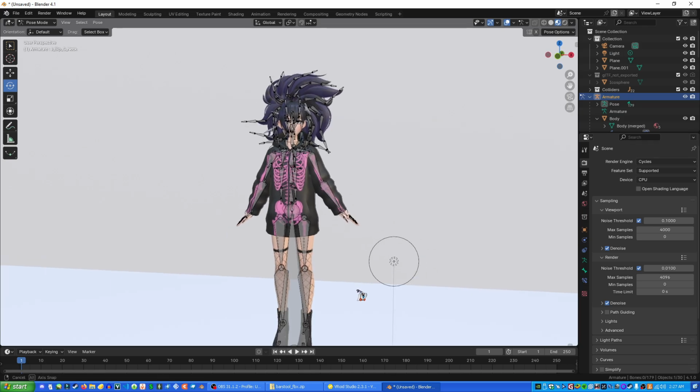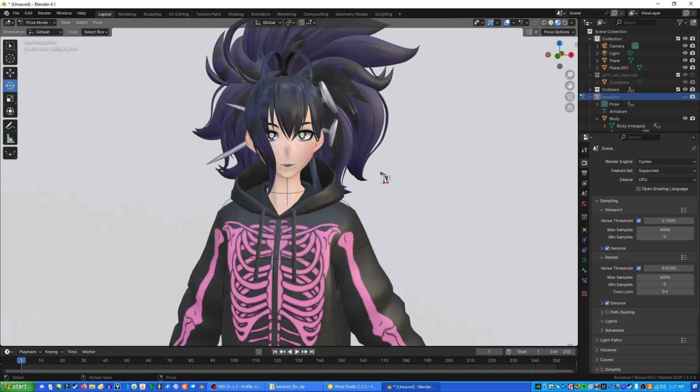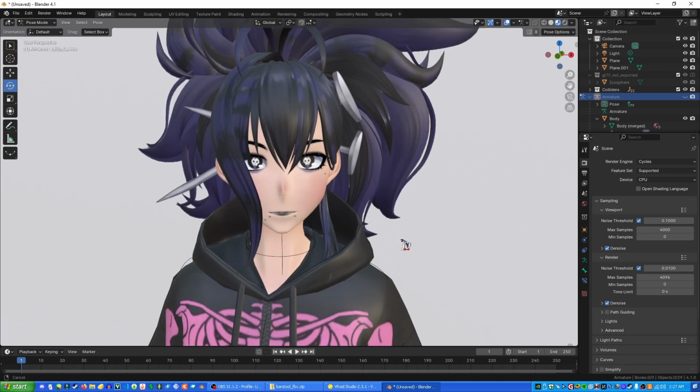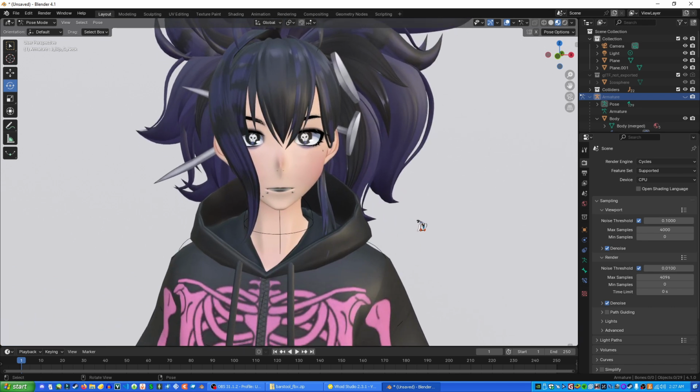And this will probably be it. Now, when you want to hide the armature again, you just click the eyeball and you can check what things are looking like. Now, if you want your character to make an expression in the render, which obviously we probably do,